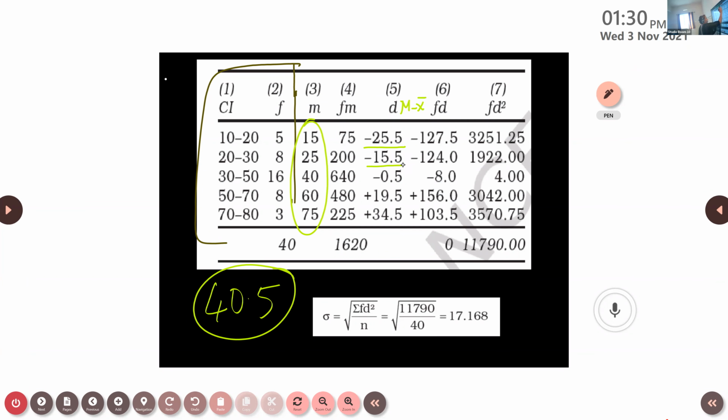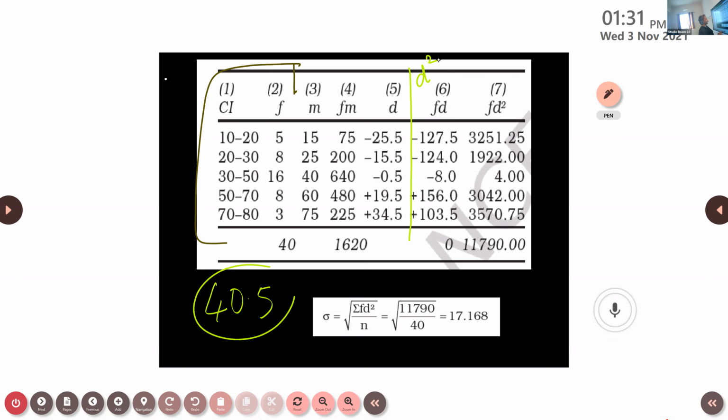Okay. Next, what you have to do? Rather than this, I prefer you to find the square of D. Two methods I told you can do. Either you can find D square, or what they have written here, FD you can find, and FD square in the sense FD into D. Otherwise, you can find D square, then F into D square. It can be any way. Okay. So this is how you can do. Then that you apply in the formula.